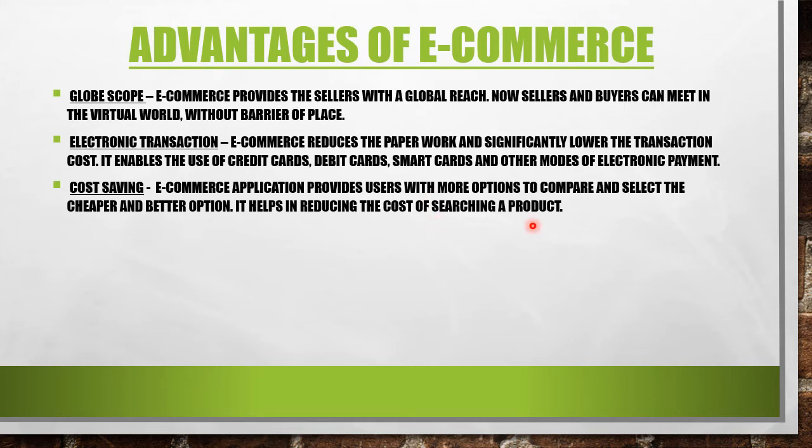So in this way, what happens? If it is through the traditional way, then you are going to go to one shop, then again to another shop. Like this, you have to search in each and every shop. Wherever you find it good, in that shop you are going to buy. In case of e-commerce, there is no need of moving from one place to another. So it is reducing the cost of searching a product also. Sitting online only you can do everything in e-commerce, right? So this is the cost saving. Okay. Next,